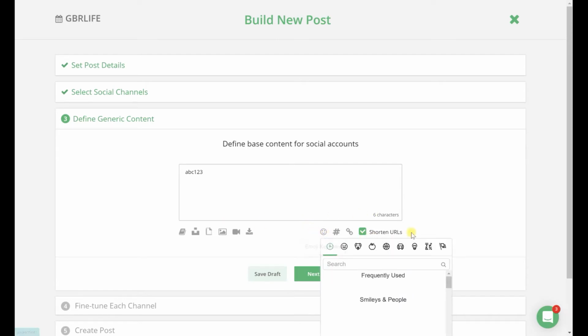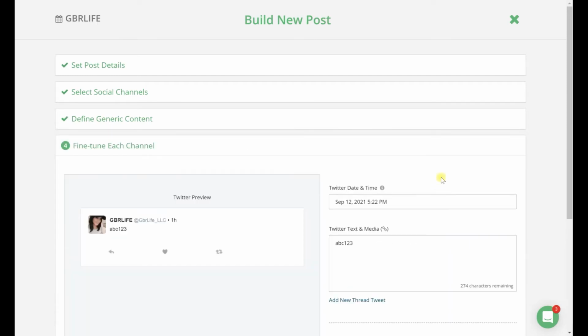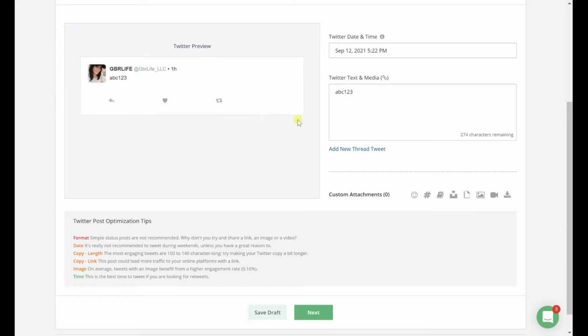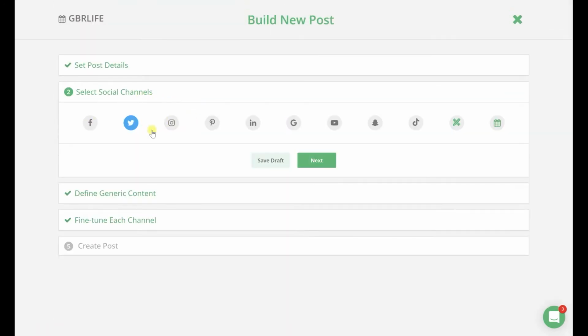And then your emojis, of course. People like smileys, but they also make things pop so people notice them. So next, and then you see what it looks like. So actually, let me go back and say I want to add